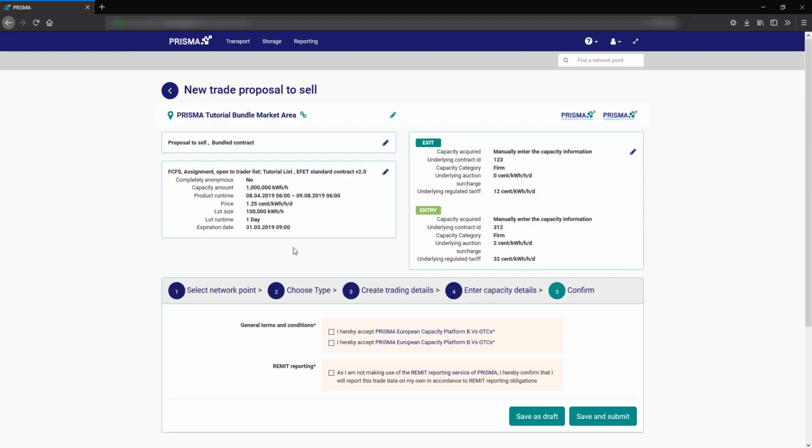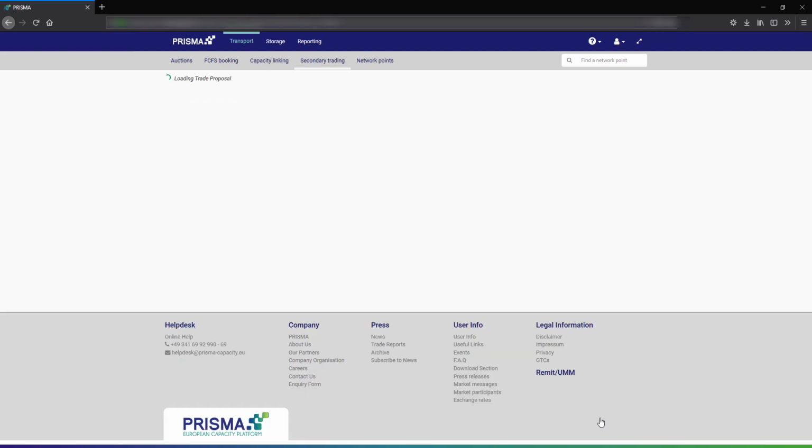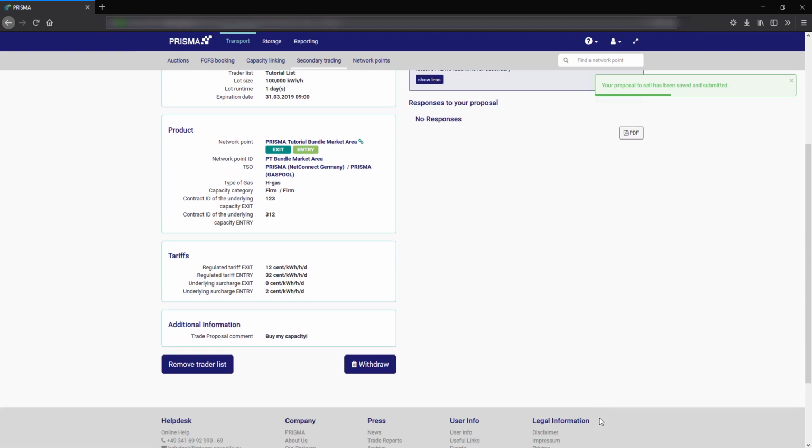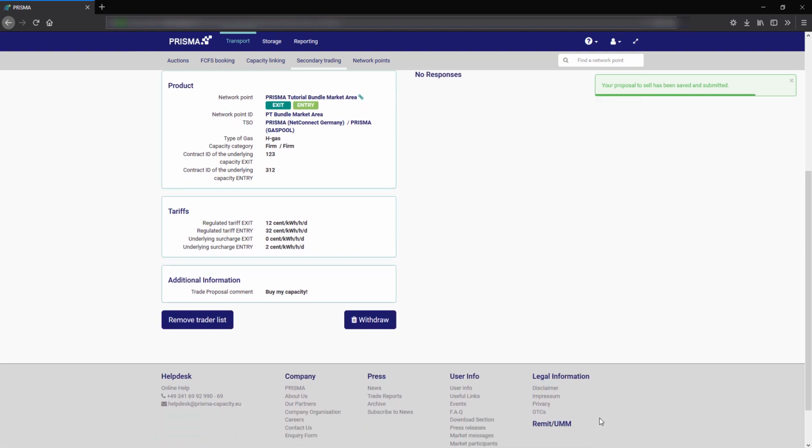After pressing Save and Continue, you will be prompted to accept the involved TSO's terms and conditions, and if you have not subscribed to PRISMA's automated REMIT reporting service, you're made aware of the REMIT reporting regulation. Finally, you can either save your proposal as a draft for later use, or press Save and Submit to publish the offer. Please be aware of the following. You can always withdraw your offer as long as no one has replied to it, but you cannot change it at any point. If you made a mistake along the way, you would have to start over with a new